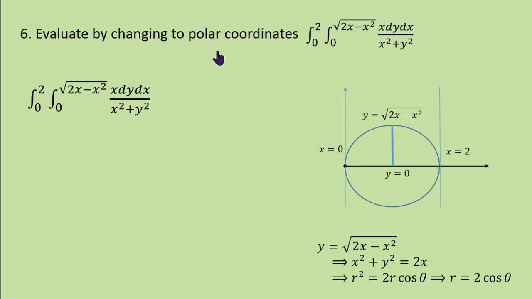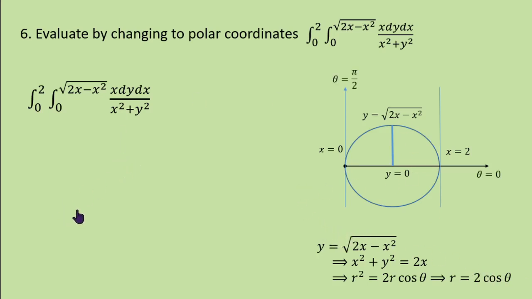Now, the question is, in this semicircle, you are going to evaluate this integration. Why? Because x varies from 0 to 2. For every x, y varies from 0 to a point on the circle. That means semicircle. And hence, in polar form, theta varies from 0 to pi by 2. For every theta, r varies from 0 to a point on the circle. What is r, a point on the circle? It is 2 cos theta. So, this is very simple logic.